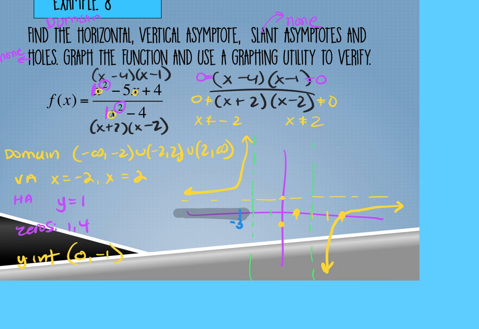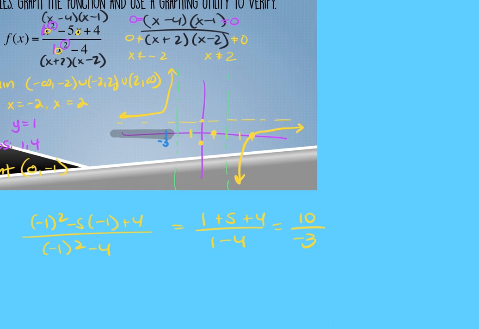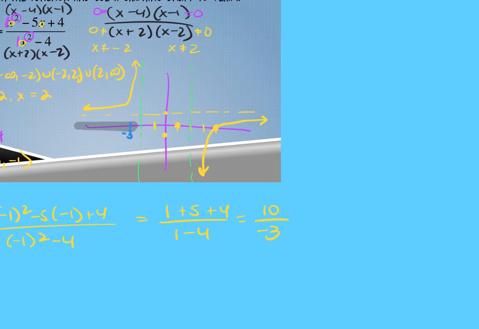Now I know I go down to that point. And then to confirm my shape, I can plug in a negative 1. Negative 1 squared minus 5 times negative 1 plus 4 over negative 1 squared minus 4. 1 plus 5 plus 4 over 1 minus 4. 10 over negative 3. And really all I need to know from this is that it's negative, which means it's underneath where I'm going, but specifically negative 3 1/3,